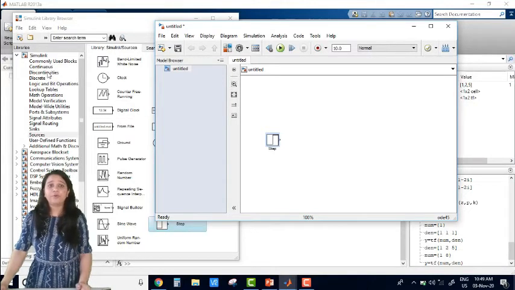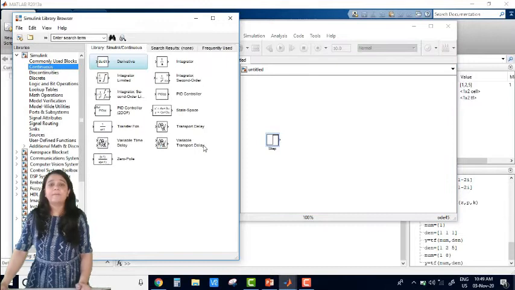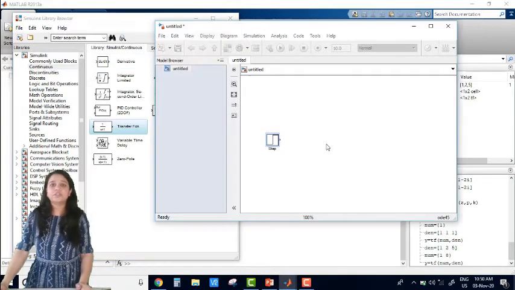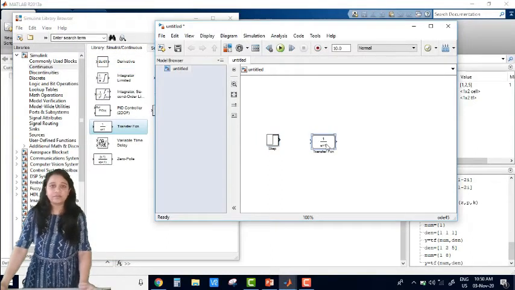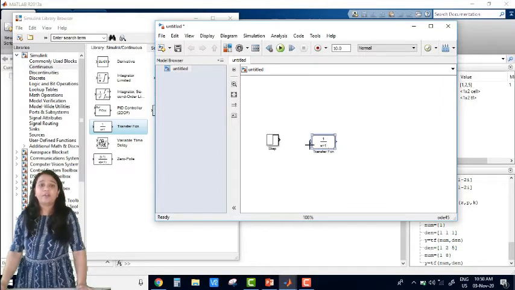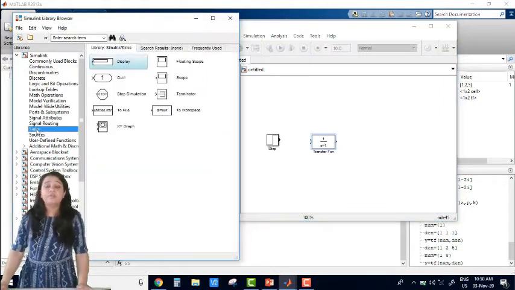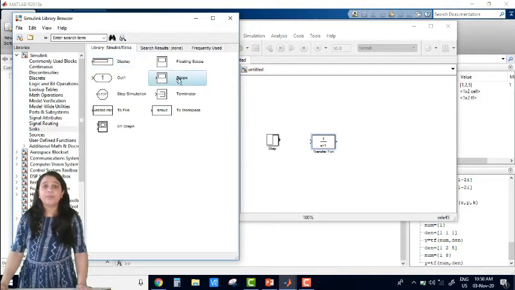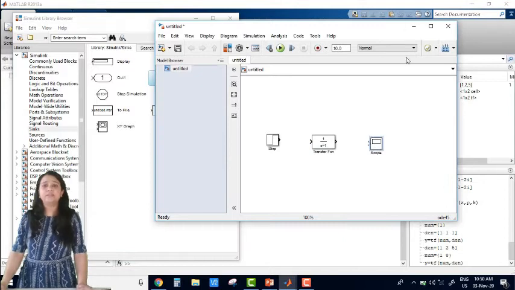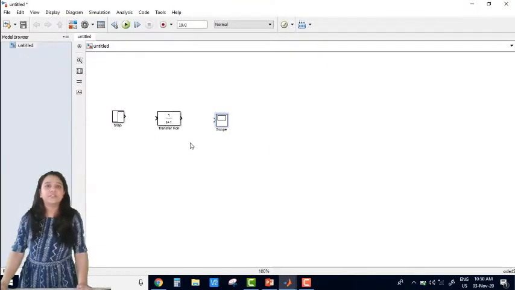For that we go to the Continuous system, and in this you can see the block of the transfer function. So we can put here the transfer function of the system, and for the output we can go to the Sinks. There are multiple outputs in this system. We can put a scope in this system.